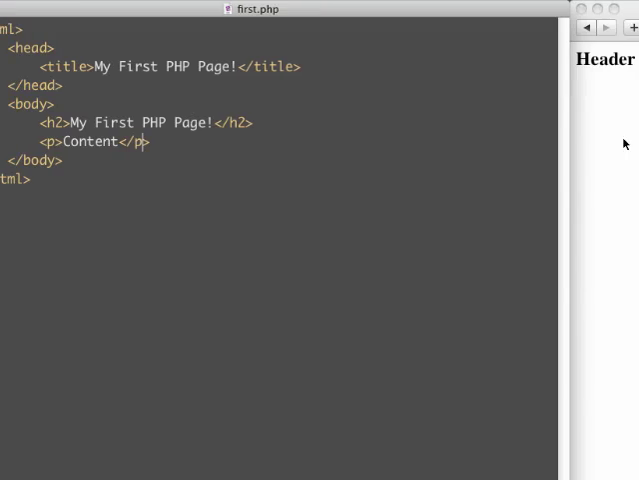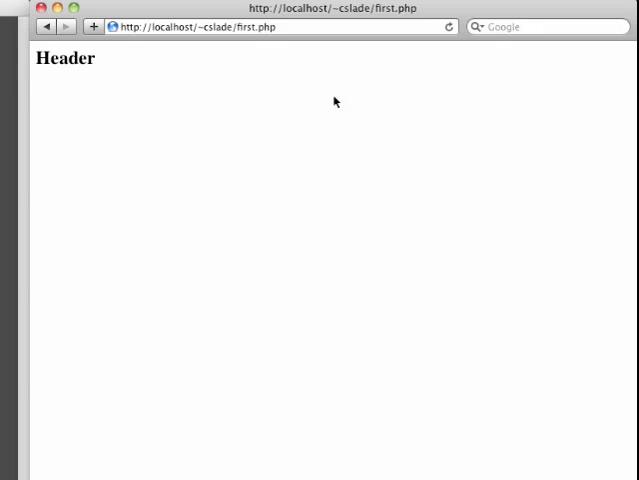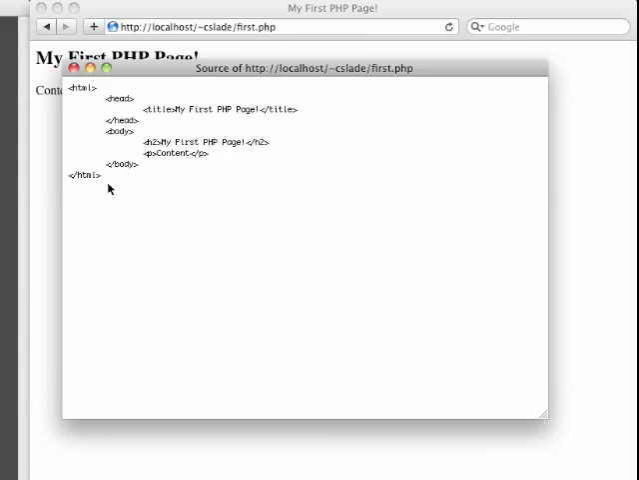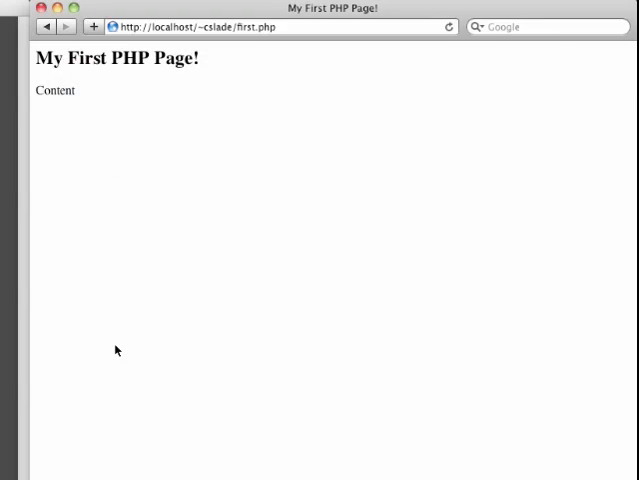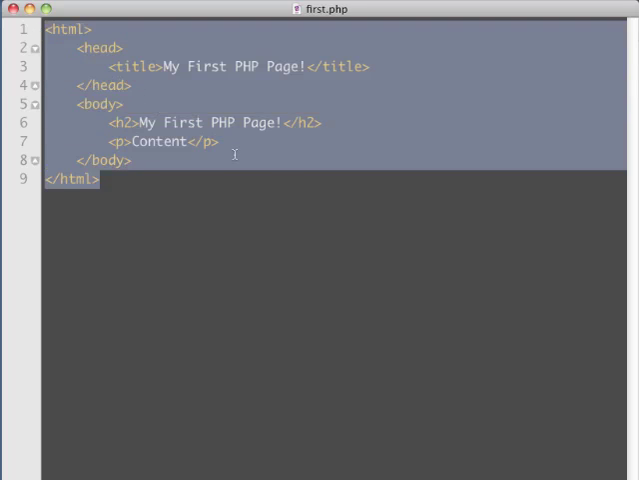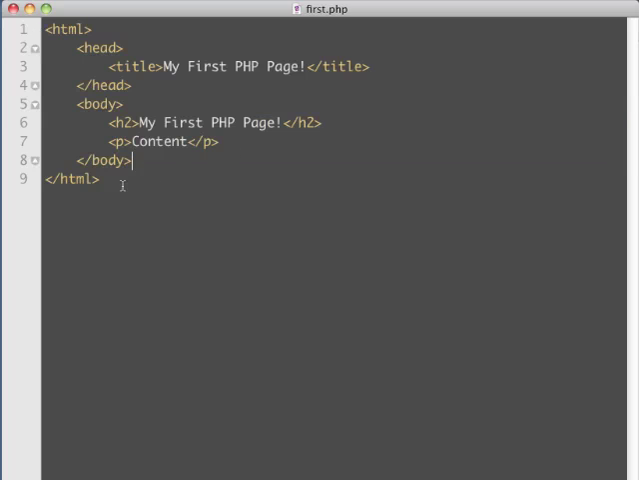Okay, so now we'll save that as a PHP page, and we'll refresh it, and now you can see that this is what the page looks like, and when we view the source of it, it's just exactly what we typed into the file. So from this point, it doesn't look any different than how you've been creating web pages in your HTML class that you took. So the power comes with what we call PHP